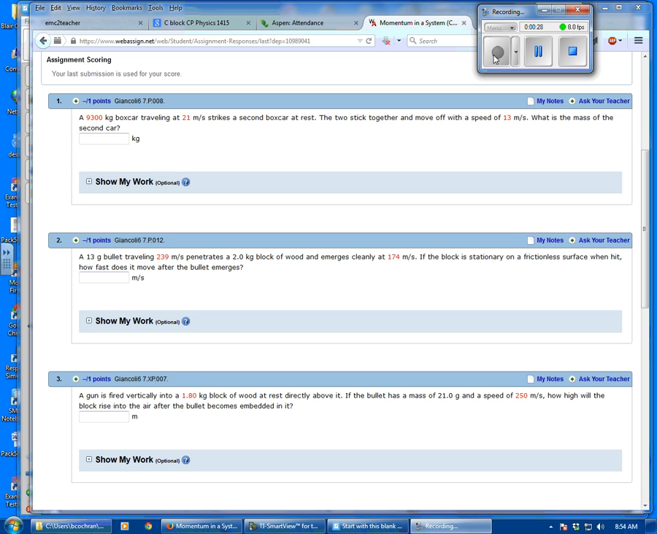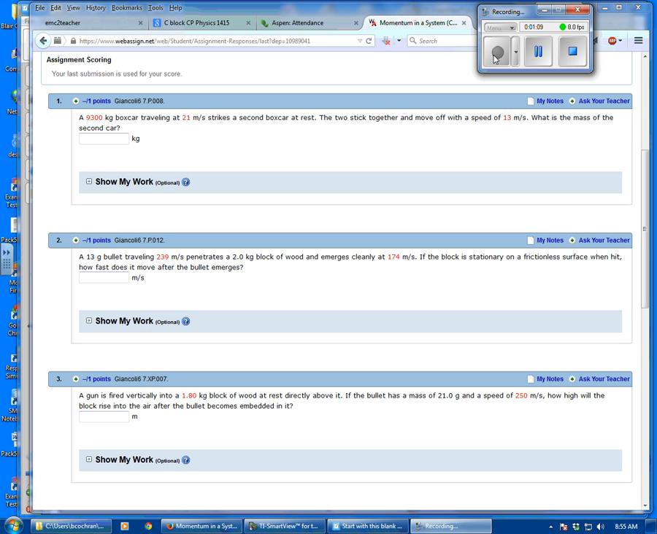The first question to ask yourself on all of these is, is this a situation where it's a system and I have before and after? And on this one, yes, because we have multiple objects. We have 2 boxcars, and those would compose a system. They're moving before, they're separate, and then they become one thing afterwards. So it is a system, and it is a before and after, and so that should trigger in